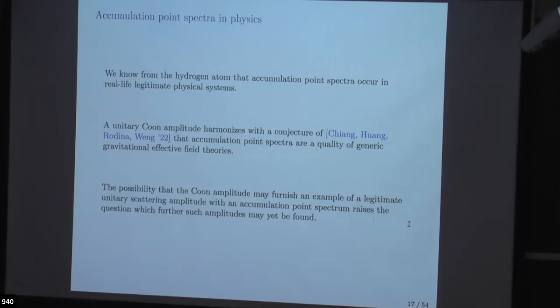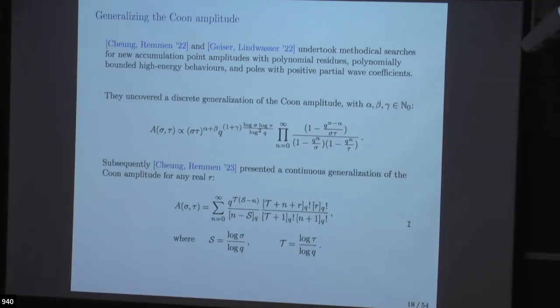But so, if the Kuhn amplitude really is physical and unitary, then we might ask what other amplitudes we might have missed that one can build from the bottom up? And so there were a couple of papers that performed some systematic searches. And at the end, what they came up with is that if we look at these conditions we've been imposing,